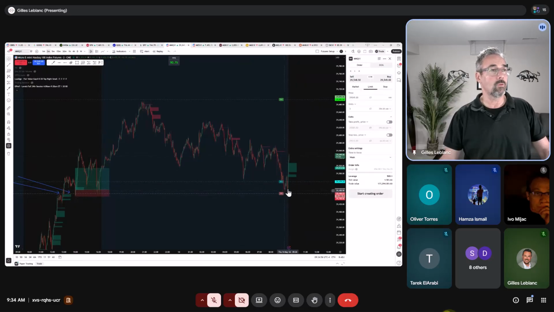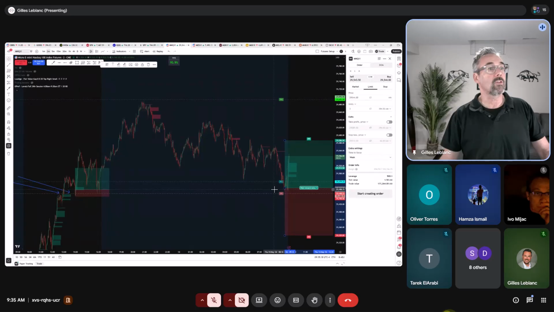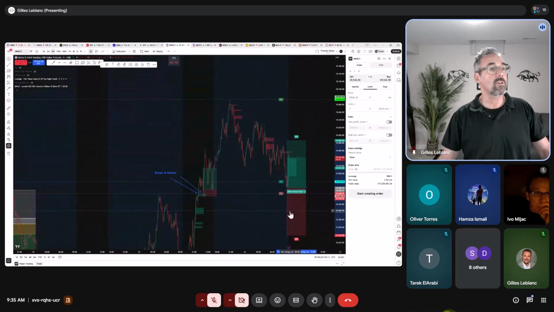I don't know if any of you were looking at this level to buy over here for a move up, right? Buying right here with a stop, possibly around where the stop was yesterday at this level. This would be a very profitable trade already. Not quite sure where the entry is on this 2-minute. Let's go to the 5, see if there's anything.